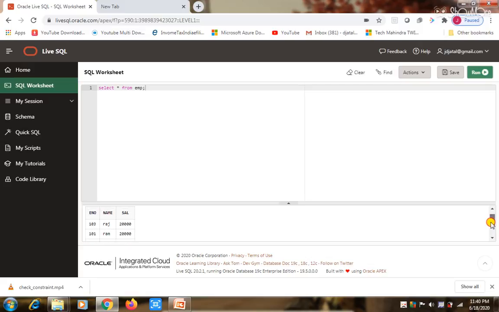In this example, all records of the employee table are displayed under whatever fields are there in the employee table.